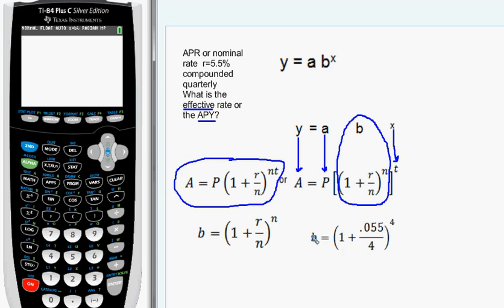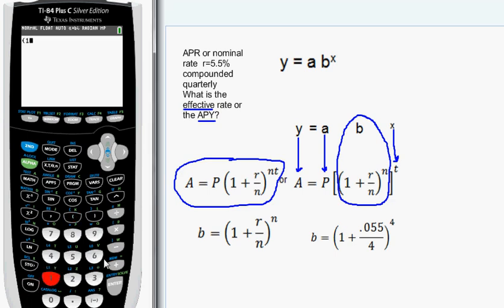Remember, that's not the percent change, that's just the growth factor. You'll need to do whatever your teacher told you to convert the growth factor into a percent change. I'm not sure I want to show that in the video because there are so many different ways I've seen faculty do that. So I'm going to go to my calculator here, make sure it's on, type left parenthesis 1 plus,